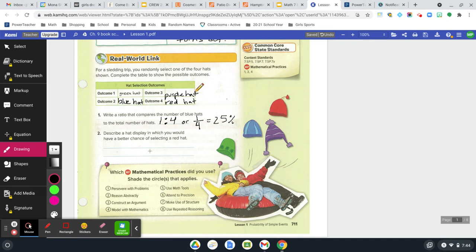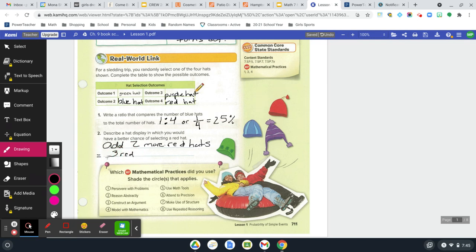Well, you want to make it a better chance of selecting a red hat. So what's something we can do to this grouping that's here? Well, we could add another red hat. We could put 2 in there. We could also put 3 red hats total. So we could add 2 more red, which would give you 3. So let's try that. If we add 2 more red hats, that means we would have 3 red,